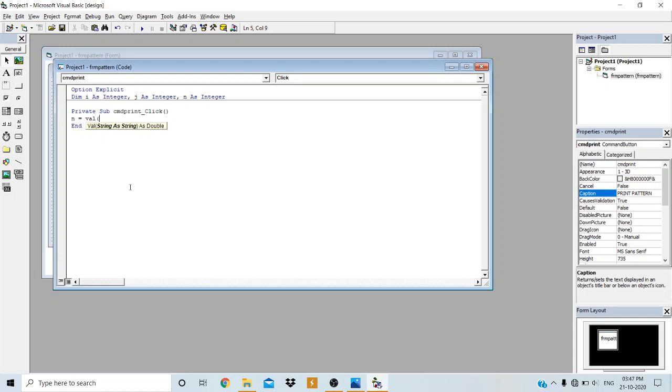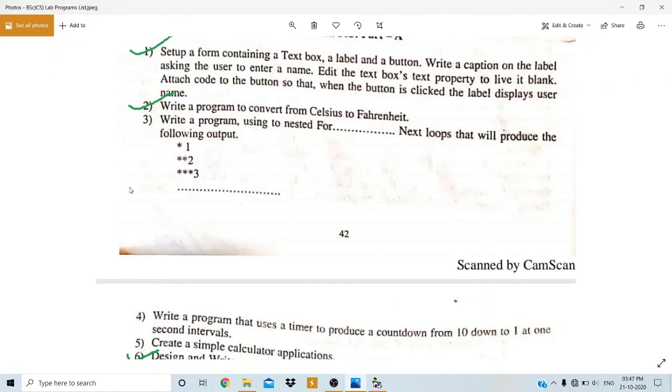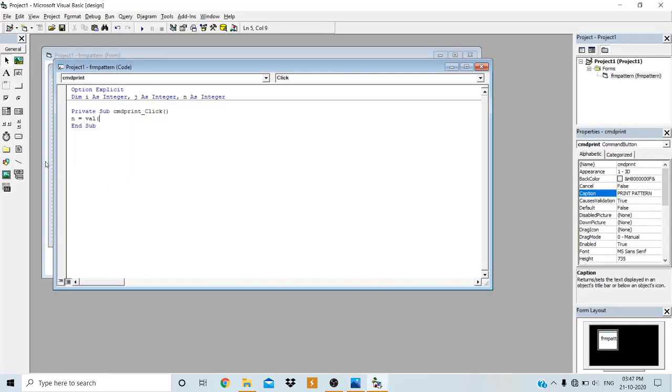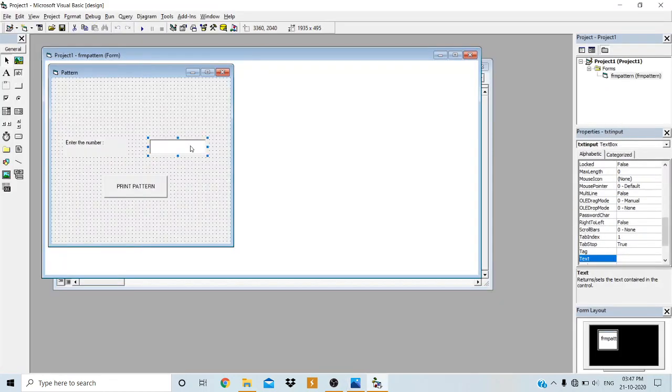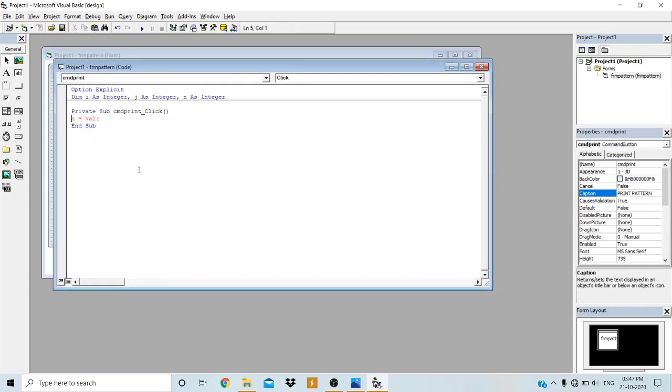So Val of, what is the name of the text box? The name of the text box I have taken as txtInput. So Val of txtInput.Text.